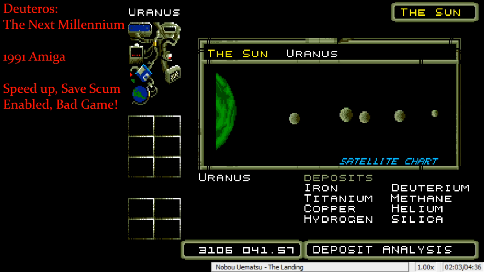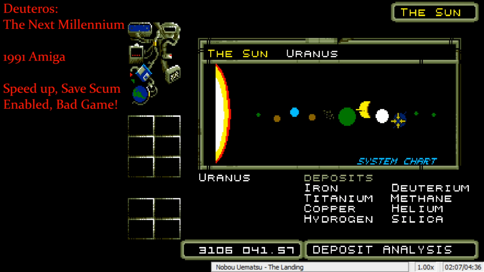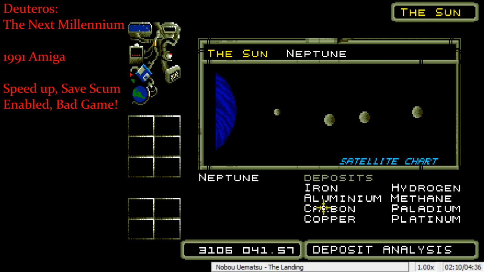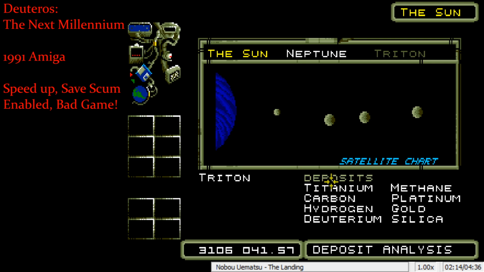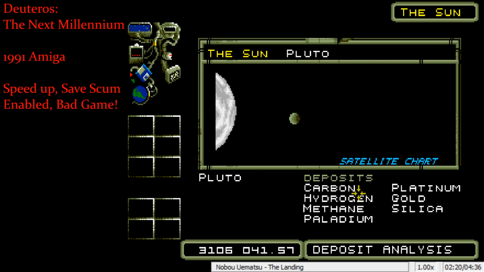They also have Titania, which is great. They've also got Neptune, which is pretty good. Palladium again. They've also got Triton, which is fine. I don't see anything wrong with Triton. And finally, Pluto. So our goal here, our quick goal, is we need to get drones and conquer the 6